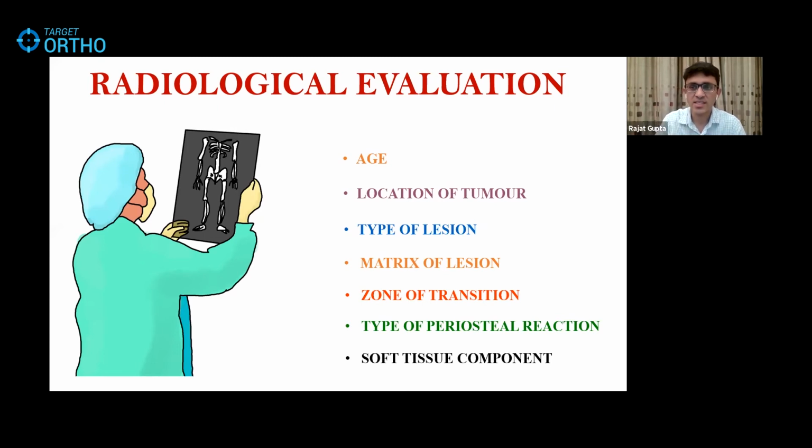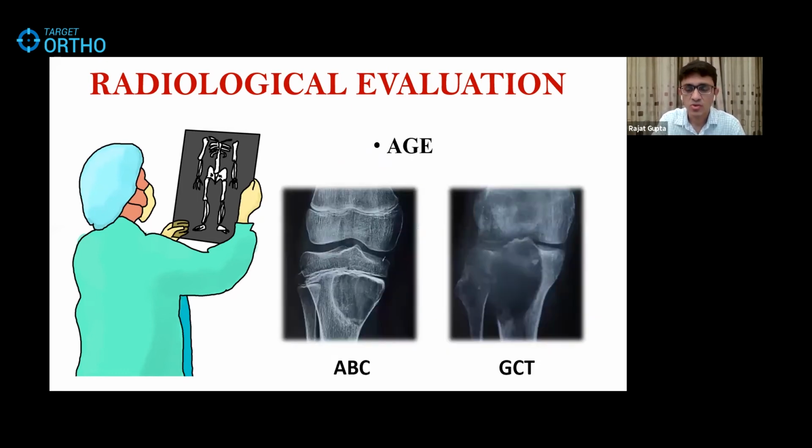So if you look at the X-ray and in your mind you answer all these seven points, then you may be able to reach the diagnosis in the majority of the patients. Coming to the age, for example, you can see well-defined lytic areas in these two X-rays. But on the left, it's a skeletally immature patient, so the most common differential in that age group is aneurysmal bone cyst. On the right, it is a skeletally mature patient, so it could be a giant cell tumor, well defined. I'm not saying that it can't be anything else, but these are the most common differentials in these age groups with this kind of X-ray picture. So age gives us a fair idea as to what we are dealing with.